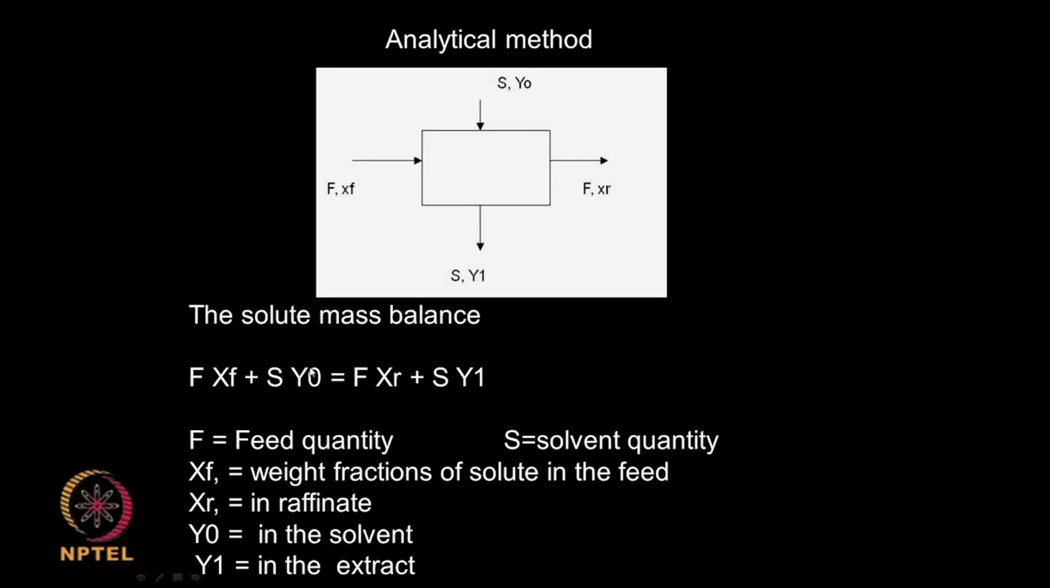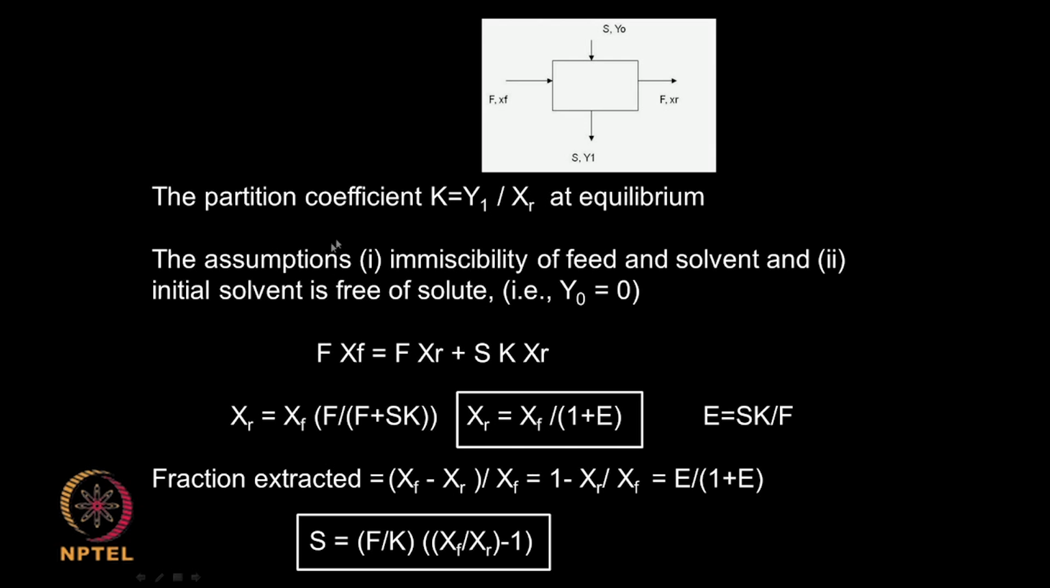So, when you do this mass balance, we will assume Y naught is equal to 0, that means the feed solvent does not contain any solute and these two components are immiscible, that is very important. They have to be immiscible, otherwise you may lose some solvent in the feed that is going out. So, if you take Y naught equal to 0, you end up with 3 terms here, F XF is equal to F XR plus,